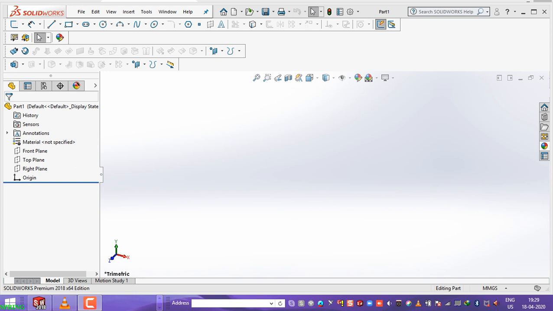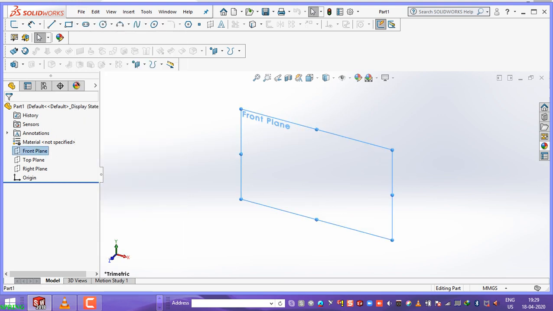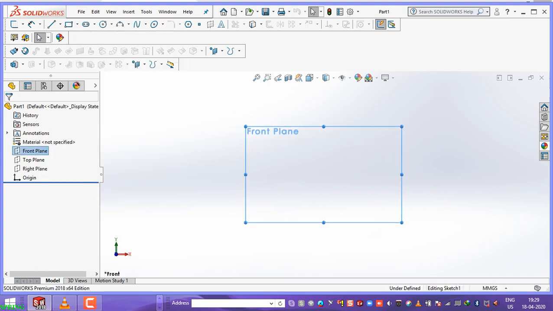How to create a spring using SolidWorks. First, start a new file and create. You will get the front plane and top plane. In the front plane, we are going to create a sketch. First, we are going to create one